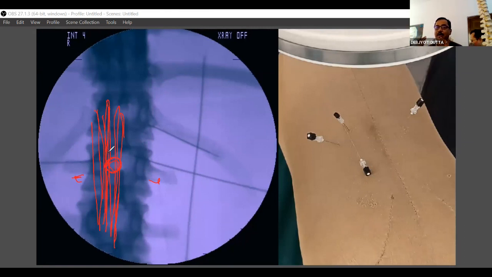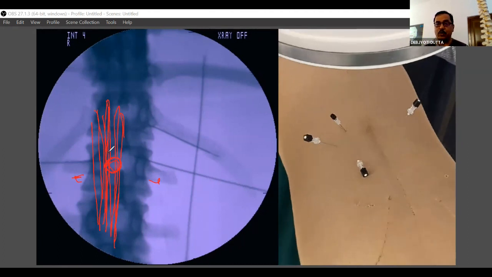Antecrural, posterior to the aorta, antecrural, anterior to the aorta, retrocrural, splanchnic. So these 4 different types of procedures are similar, but with a little bit of difference. The best technique is, if the patient doesn't have any coagulopathy or aortic aneurysm, then you can go through and through the aorta, and you will be close to your target. The success rate is better, and the volume of the drug will be lesser. Only 15 to 20 cc is enough for